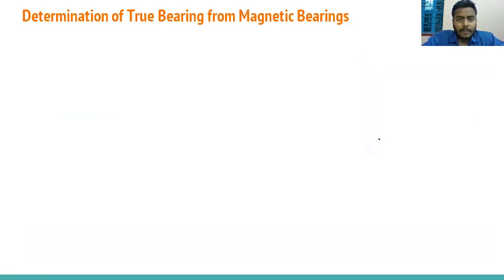Determination of true bearing from the magnetic bearing that I have discussed: we will see that declination is towards west or east. If the declination is toward west, that is called negative. In the formula, we write minus theta, minus declination. So that's why it is called negative. When declination is towards east, then we call it positive, and we will add theta.